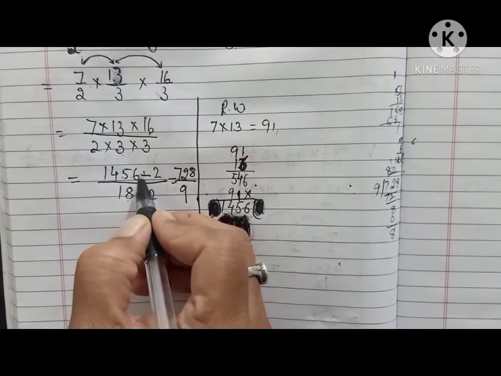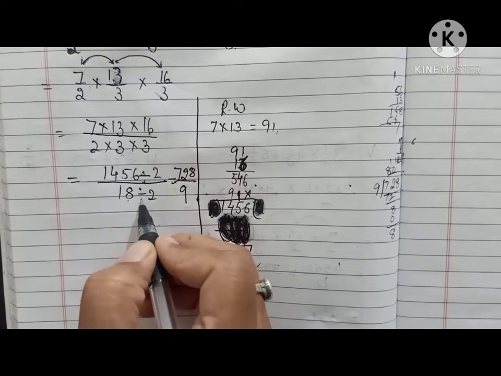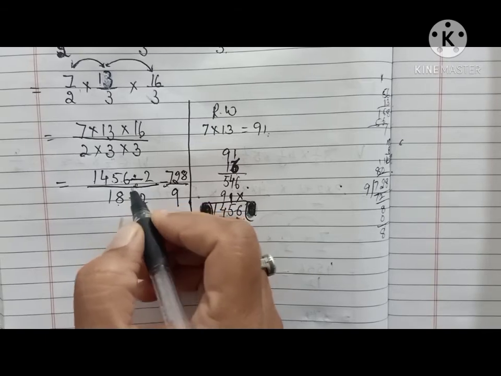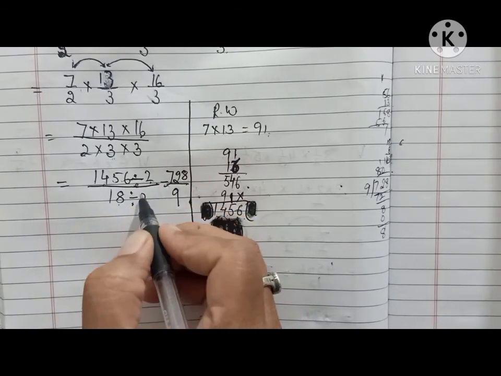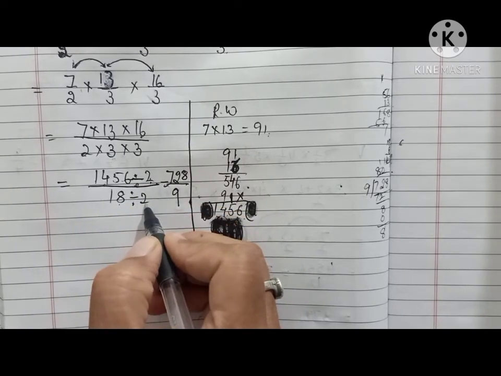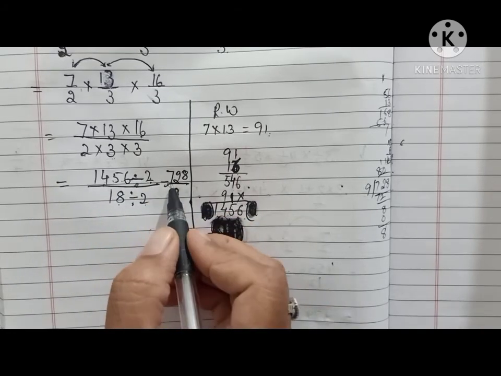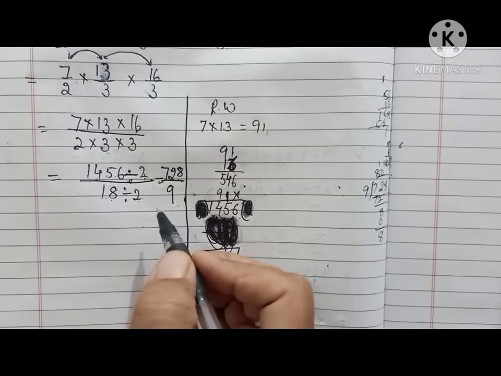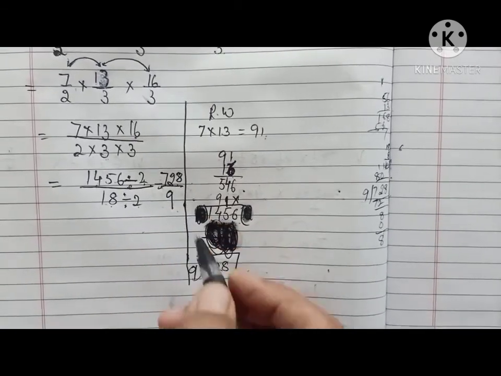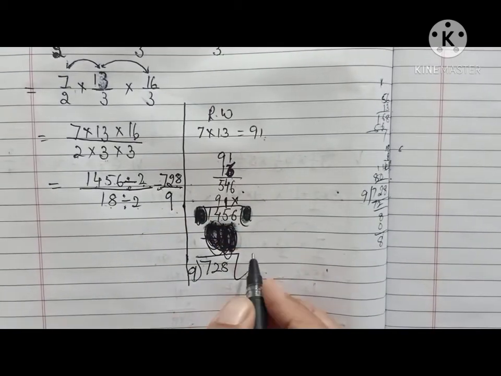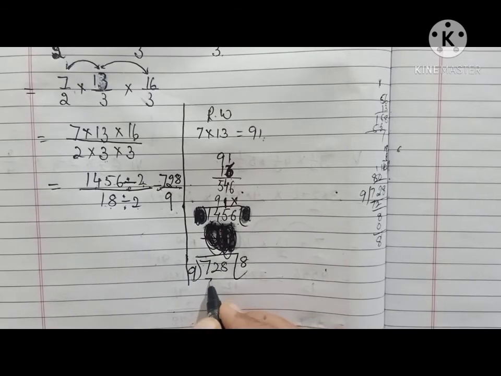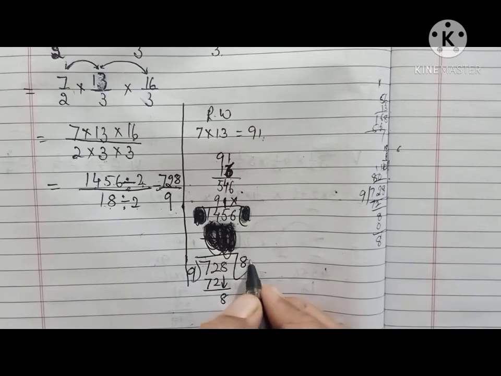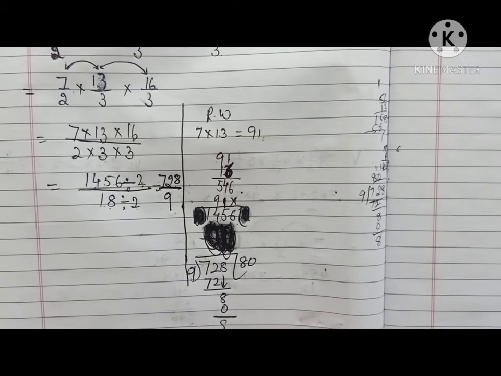Now we will divide by the 2 table because we convert into the lowest term. First of all, we can convert into the lowest term, divided by 2 in numerator and denominator also. When we divide it, we will get 728 over 9. Now 728 divided by 9 on the table. 8 9s are 72. Next is 8. Now 9 zeros are 0 and remainder is 8.